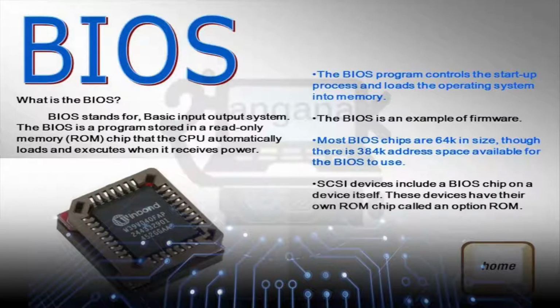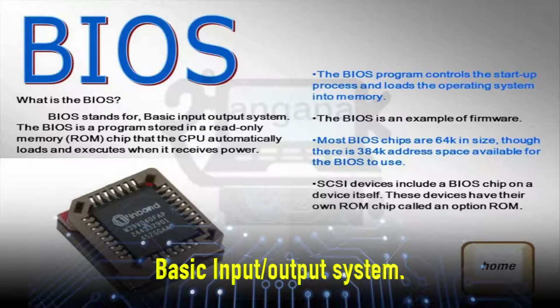Now, we see what ROM is used for. Every computer comes with a small amount of ROM containing the boot firmware. On a PC, the boot firmware is also called BIOS, that is Basic Input Output System. ROM consists of a few kilobytes of code that tell the computer what to do when it starts up, for example, running hardware diagnostics and loading the operating system into RAM.